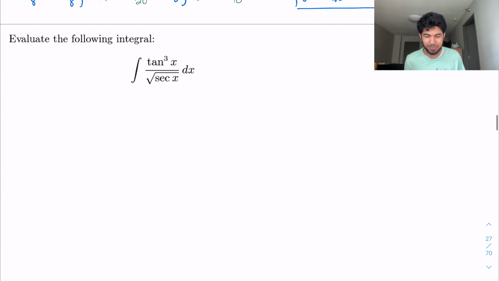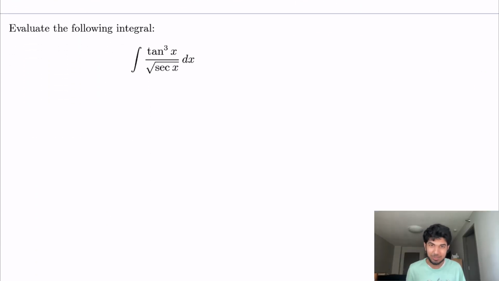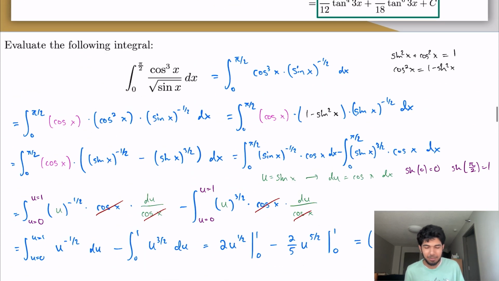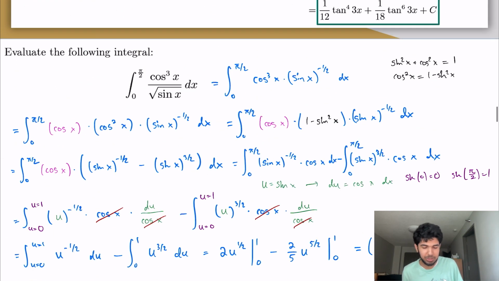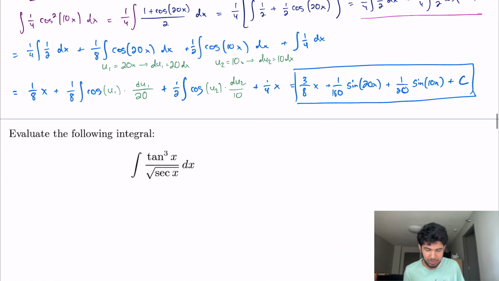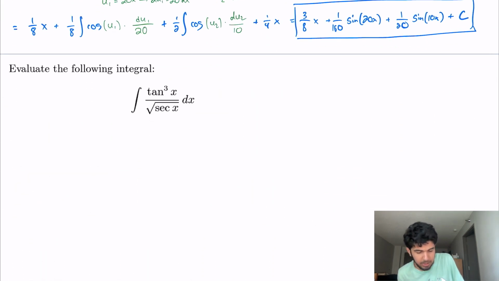Let's do another one. Integral of tangent cubed of x over square root of secant of x. This is kind of reminiscent of this first problem that we did here, in terms of structure. So we expect the solving experience to be similar as well. So the first thing we did here was we brought the square root term in as a power term. So let's do an identical thing. So we can say this is the integral of tangent cubed of x times secant of x to the negative 1/2